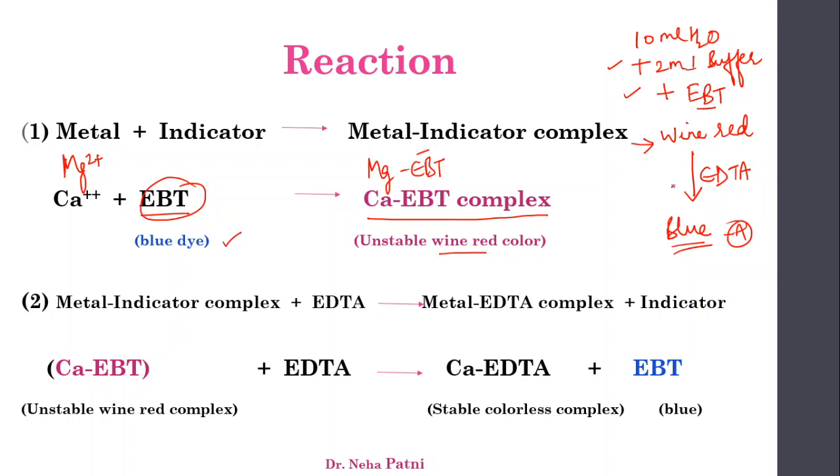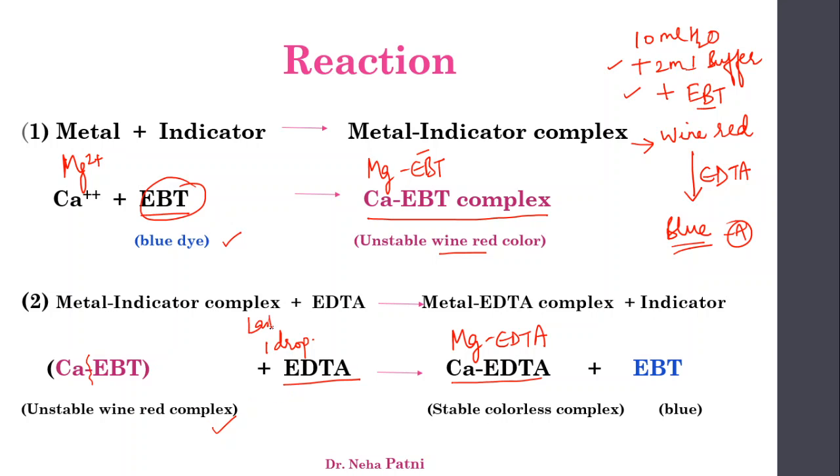Now you start titrating it with EDTA. At the very first drop, when you add EDTA to this, what happens is EDTA, being a stronger ligand, will start displacing this EBT from this complex. This complex is comparatively unstable, so it will start breaking this bond and it will start making its own bond. This reaction keeps on continuing and the EBT starts being left behind in the conical flask. So you will observe that the wine red color is changing to violet and so on, because this EBT starts becoming free and it will start giving its blue color in the flask.